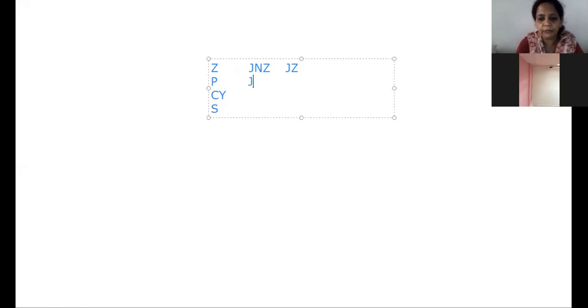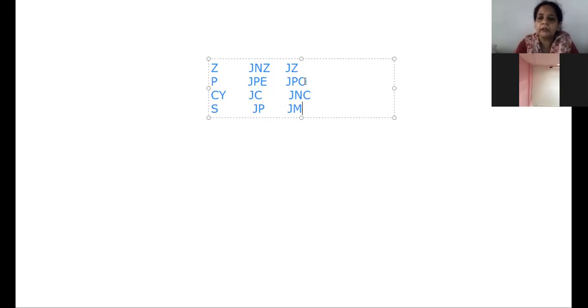Then according to the parity flag, it is JPE and JPO, right? Jump if parity even, that is, the parity flag is set. Jump if parity odd, that means the parity flag is reset. Jump if carry, that is if the carry flag is set. Jump if no carry. And then you have jump if positive, JP, and jump if minus. These are the conditional jump instructions in 8085.